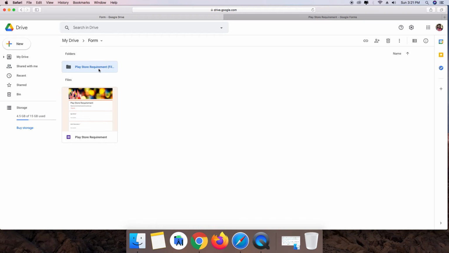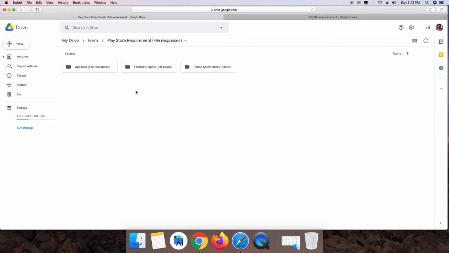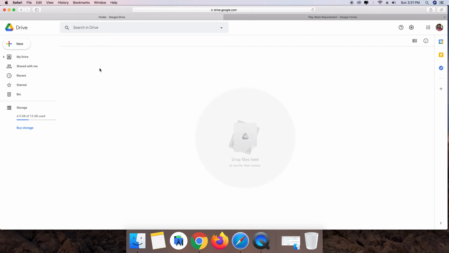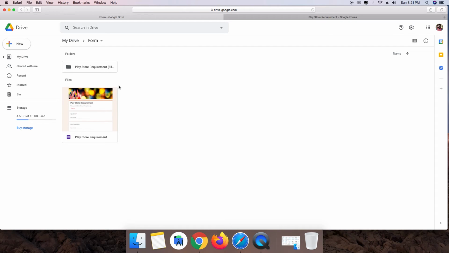Whatever images they have uploaded in the response will be saved into this folder, like app icon, feature graphic and phone screenshots. So when a user uploads their response, those images will be stored in this folder.